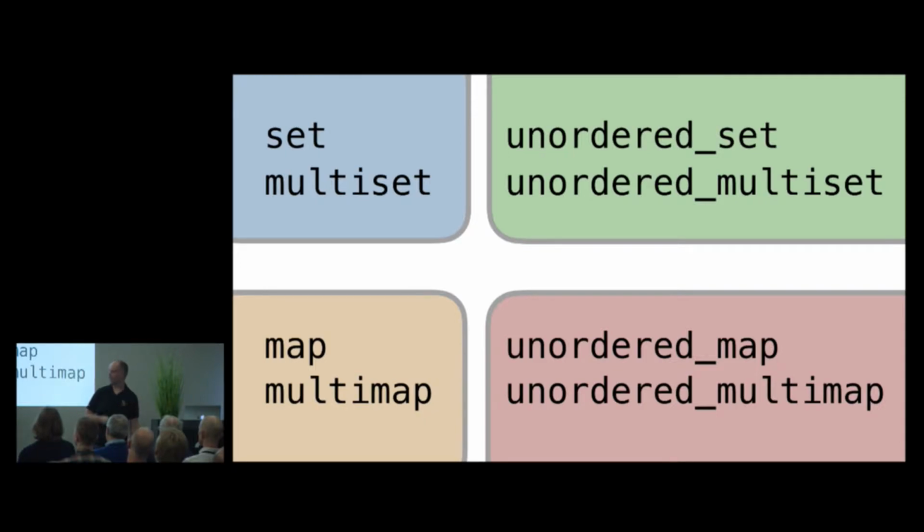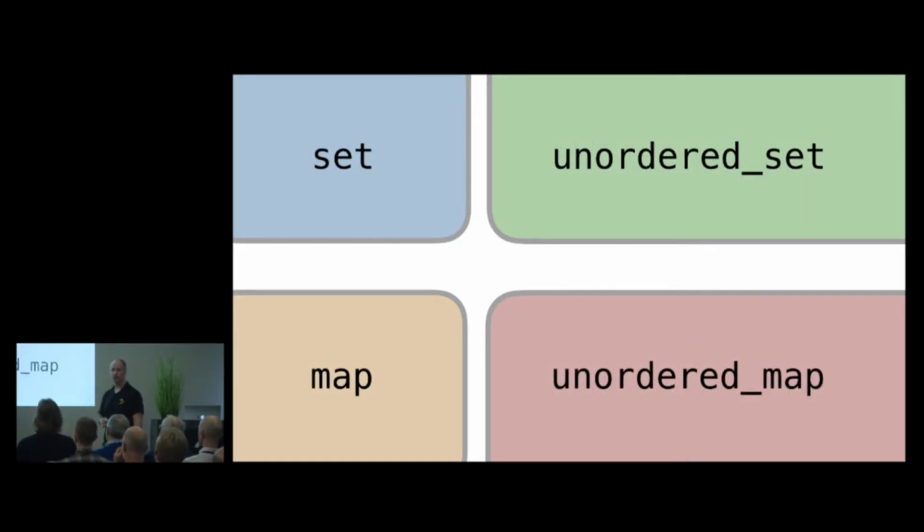So I'm going to cancel these out, and we're just going to look at the slightly simpler single key versions. So we've got set, unordered set, map, unordered map. So now we have an obvious division on the horizontal axis. We've got sets at the top, maps on the bottom. Again, in terms of the underlying data structure, there's very little difference. You can implement a map in terms of a set just by having a set of pairs where you only do the identity on the first value, the key, and that's often how they're implemented.